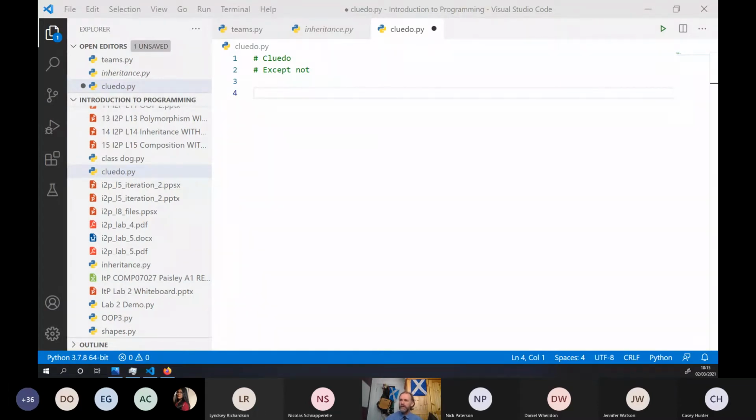The DVLA has a list of cars. I have a car. So one of the things that DVLA has is a list of cars, a list of people, and it says this person has this car. They don't recreate the list of people or the list of cars. They just link them together. And that's what composition is going to do.